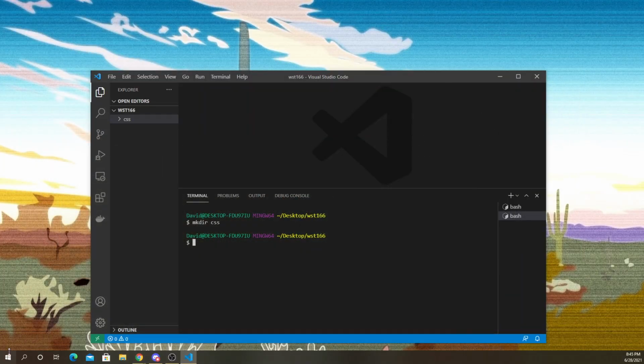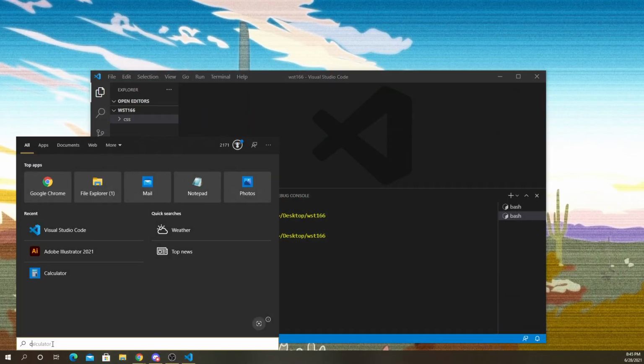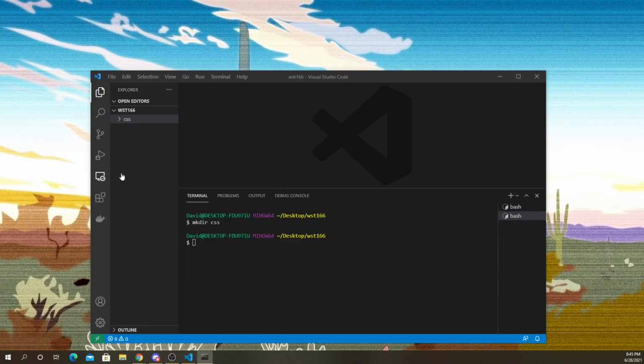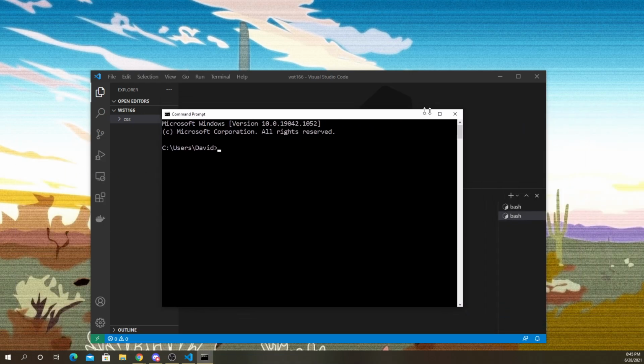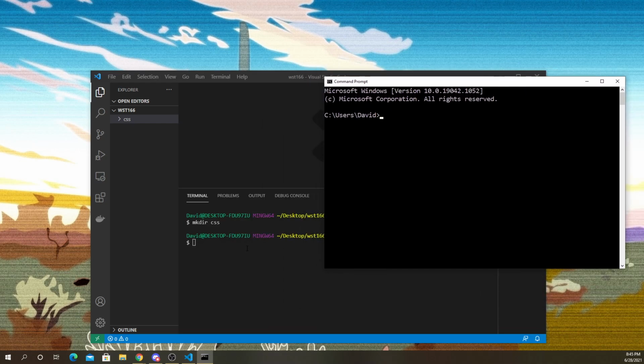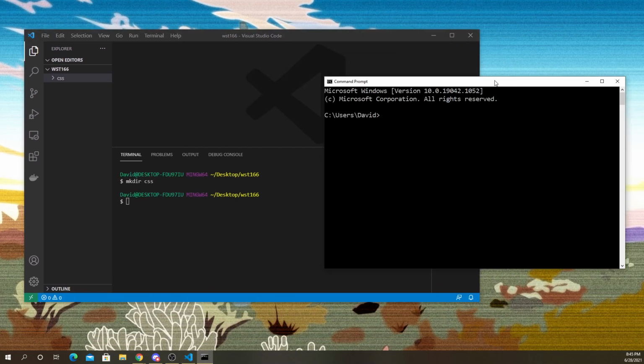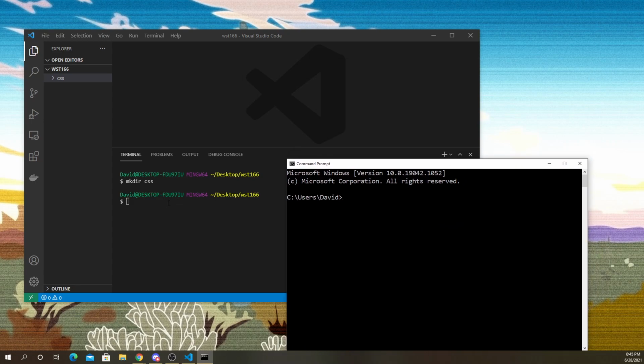Windows also has the command prompt. This one also is a terminal. So here I'm on Users, David. I want to go to my desktop, so I'll say cd and dot dot forward slash, which goes back one level.